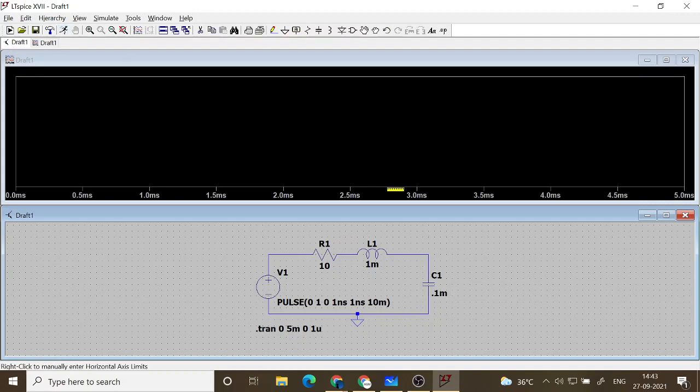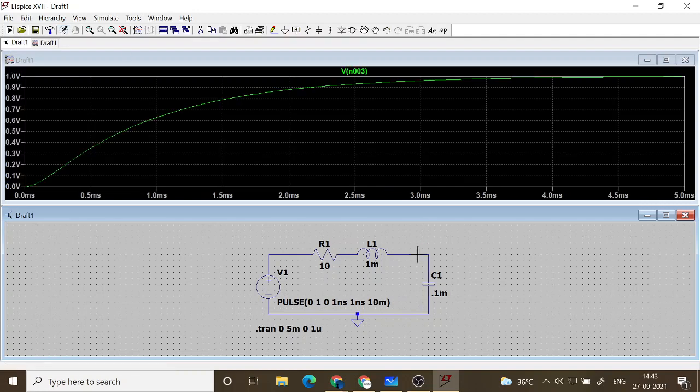Now let's see what happens at the capacitor voltage. You see that the capacitor voltage, there are no oscillations, it is just rising. I gave an input. This is looking very similar to the first order case. I gave a pulse which is like closing a switch at time t equal to 0. Initially the capacitor has 0 voltage, and then it is rising and going into the final voltage at infinity. You will get say 1 volt, whatever 1 volt we have given.